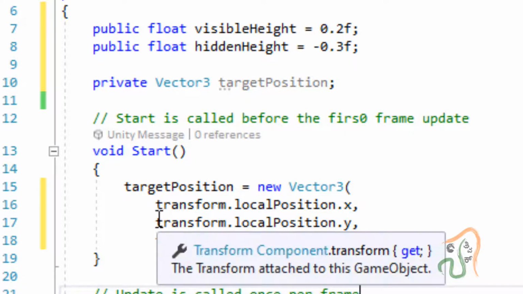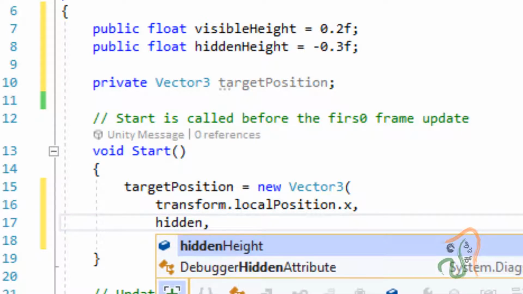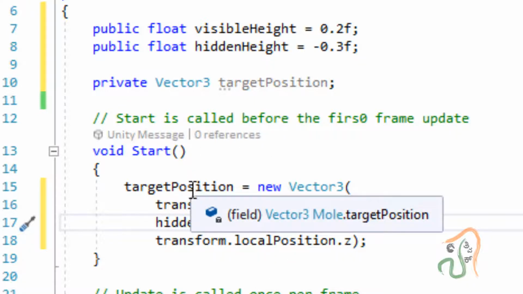But here let us select only the y value, because we want to change the y value, and replace this transform.localPosition.y with our variable hiddenHeight. So now target position is equal to a new position, where x and z have no changes, but along the y, instead of 0.2, the height has been reduced to minus 0.3. This is the new target position we have created.